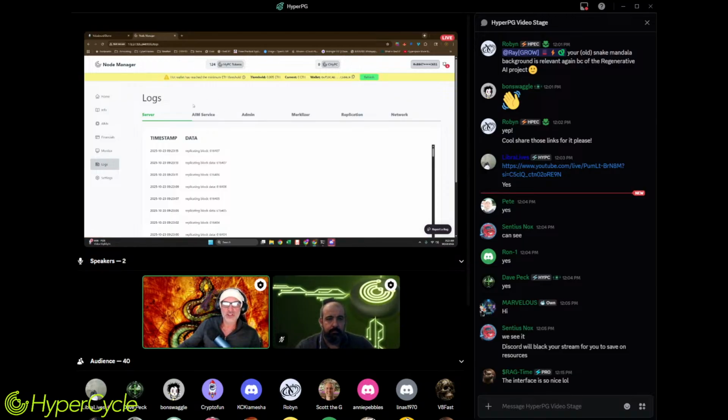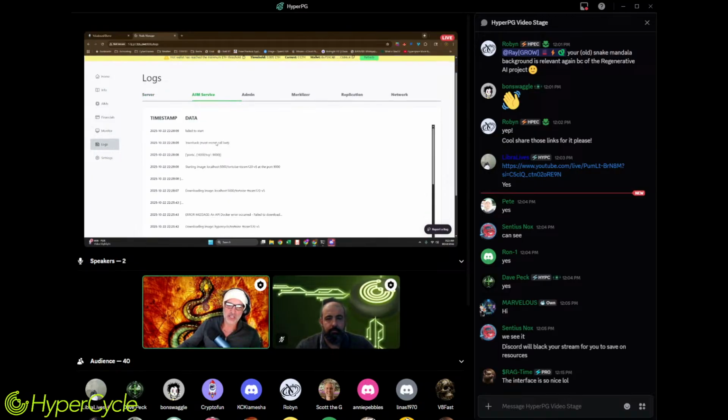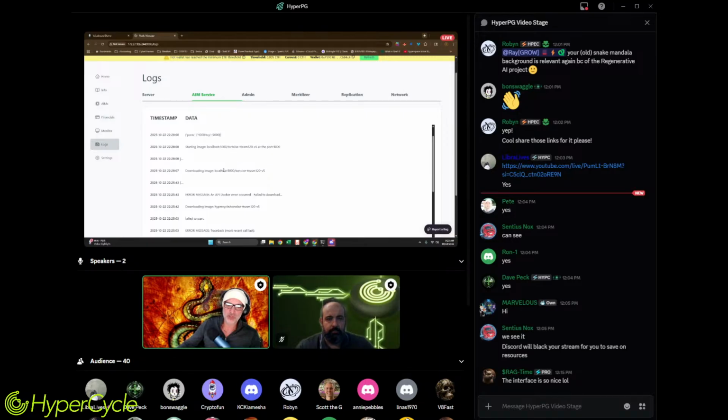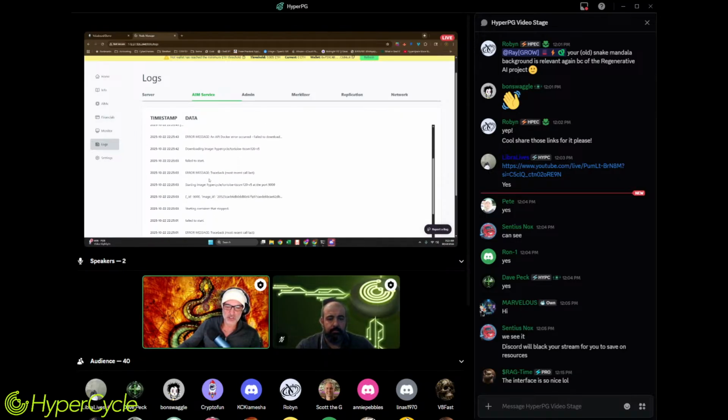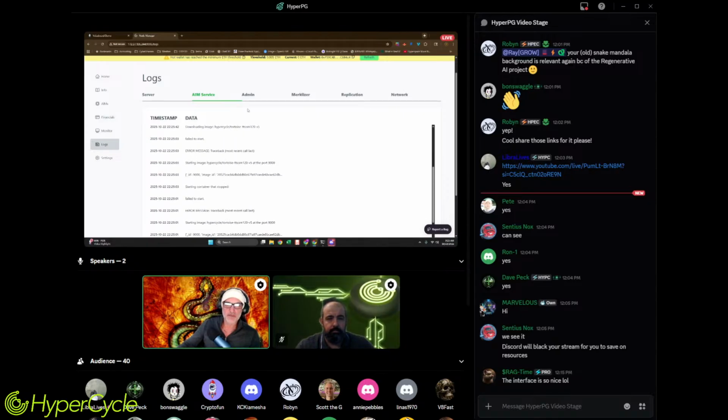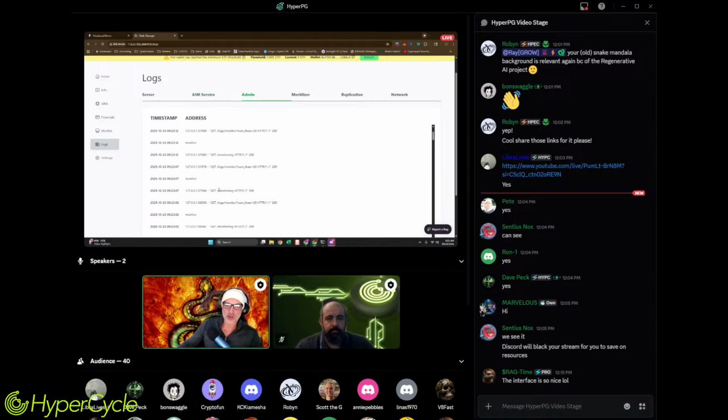Over here in logs, this is where we start to get a little bit more underneath the processes, what's happening. For example, the server is replicating a block off in the network, the AIM service here, and the history of what I've been doing with my AIM, downloading image, starting image. When you see this message, this means the image has begun and it's broadcasting itself here. And then some of the other error messages and things that are happening in my testing process. Admin,